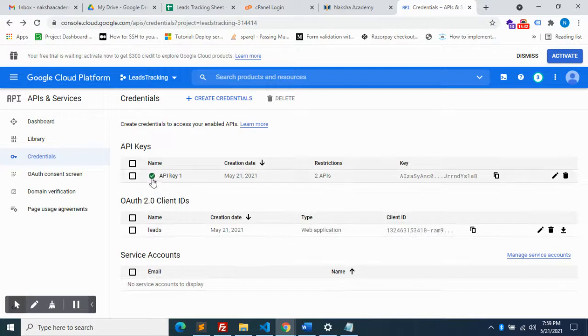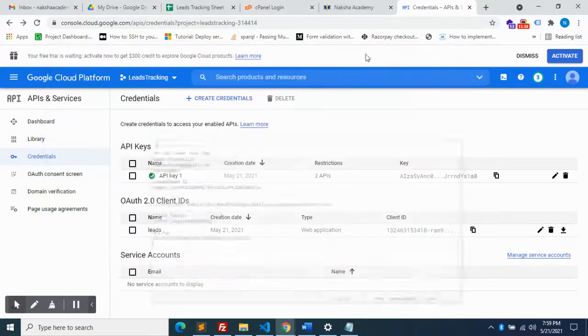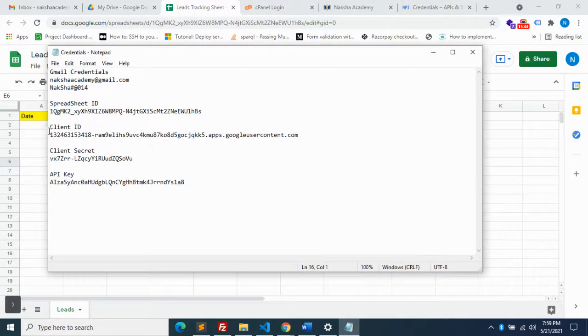Now we have created the API key and the OAuth client ID, and we have also created the leads tracking sheet. Right now we have the client ID, client secret, API key, and spreadsheet ID.